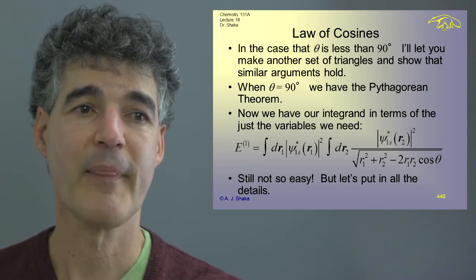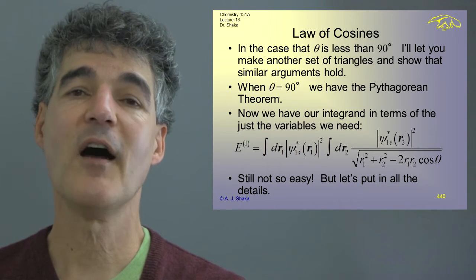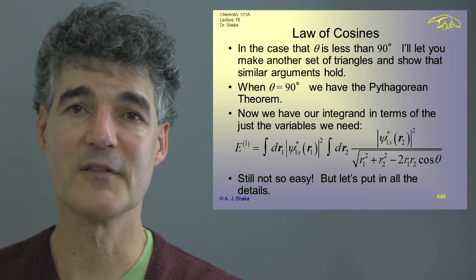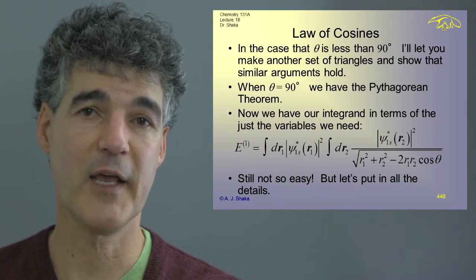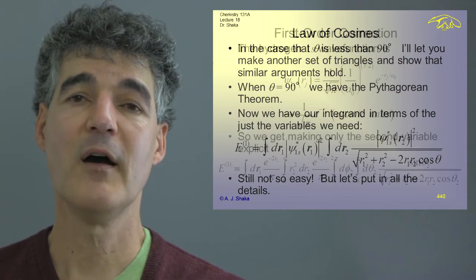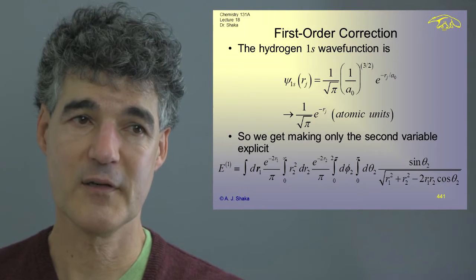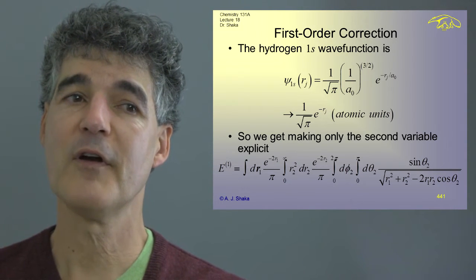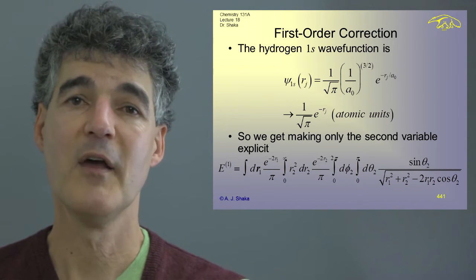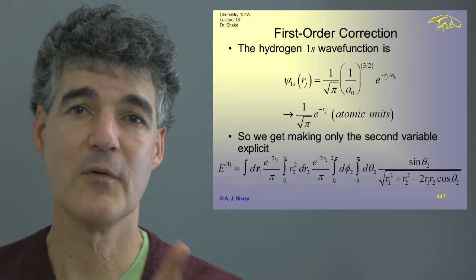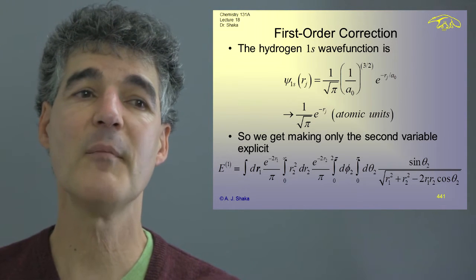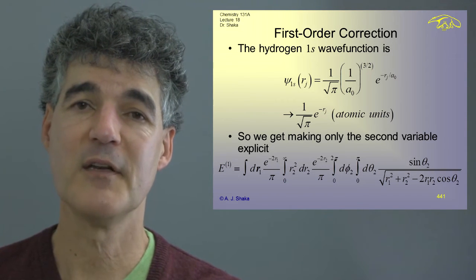We'll get to that. Now, this still is not so easy, because how do I do this integral here? I've got the square root of all this spinach in the denominator, and it doesn't necessarily suggest the answer right away. Well, let's put in the atomic wave function. That's 1 over root pi, 1 over a naught to the 3/2 times e to the minus r over a naught. And it's the same whether it's r1 or r2, it's just the coordinate of the electron, but the wave function is the same, just with a different variable. And in atomic units, it's 1 over root pi times e to the minus r.